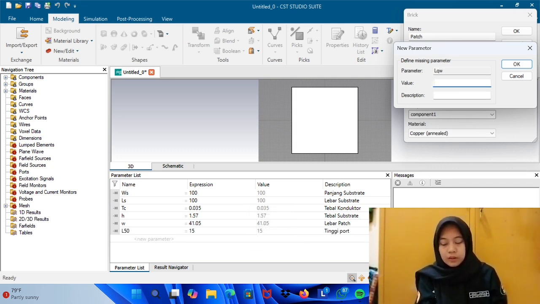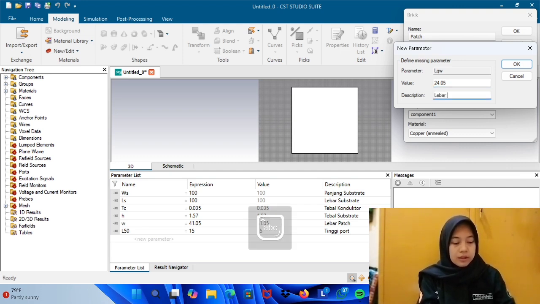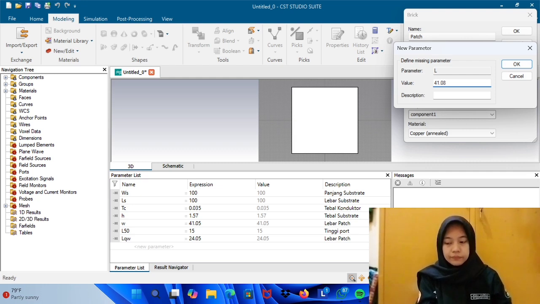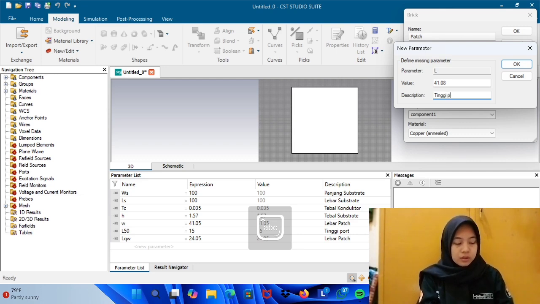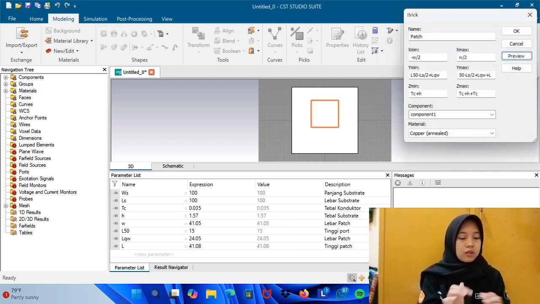LQV 24.05 for the width of the patch. L 10. Okay.